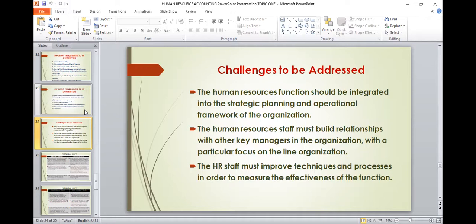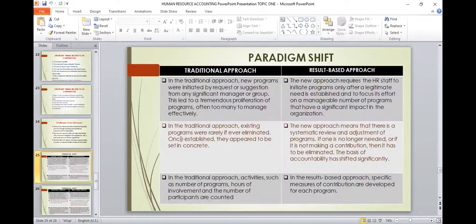So it's also important for us that we draw a line between the traditional approach and the modern approach. Sometimes we may be called upon to differentiate these two. That is, as we move away from the traditional approach, what is it that sets it apart from the modern approach, which is the result-based approach? That, again, is something that we have to focus on under the paradigm shift. So under the paradigm shift, we'll have two approaches. We simply want to compare them: the traditional approach and the result-based approach.